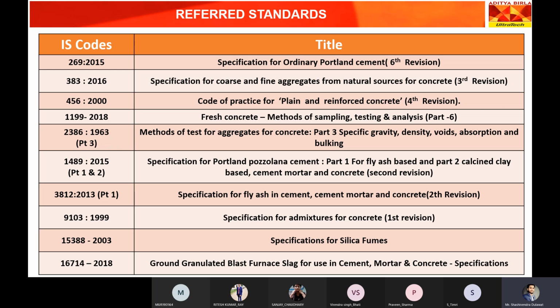Similarly, if we talk about IS 383 2016, in this code is the specification for coarse and fine aggregates from natural sources for concrete, and this is the third revision of IS 383 2016. Similarly, if we talk about IS 456 2000, this code is applicable for plain and reinforced concrete for practice purposes. And similarly, another code is